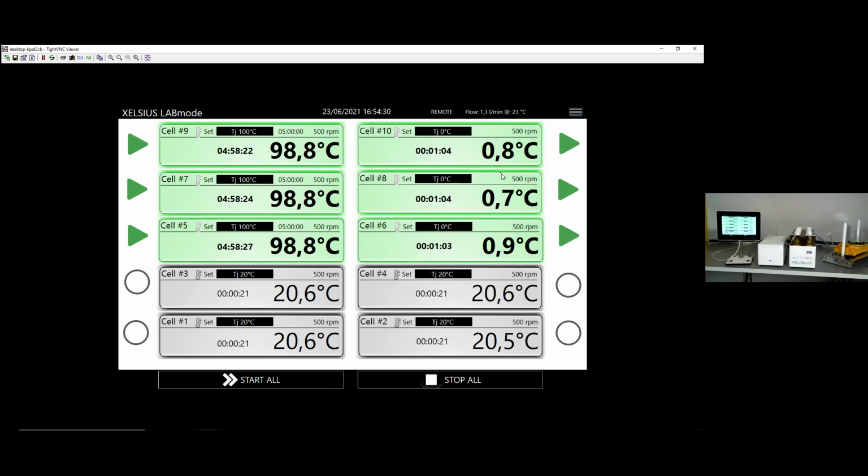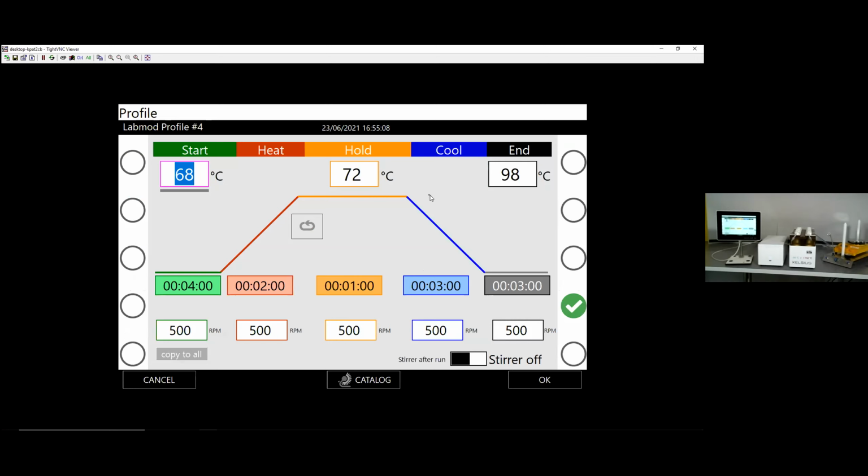Okay. Then next thing in our software integrated here is the catalog mode. So if you want to record the data, to show them and trace them, there is the catalog mode for that. To switch between the modes, just click on this little temperature probe symbol here to switch between the set point mode and the profile mode. And if I now click on the cell, you can see here, we can define a multiple